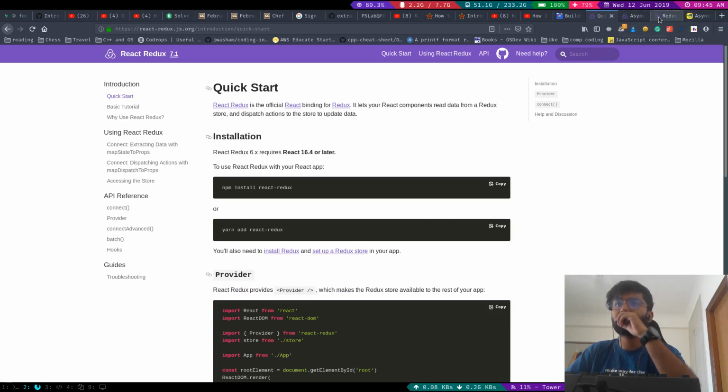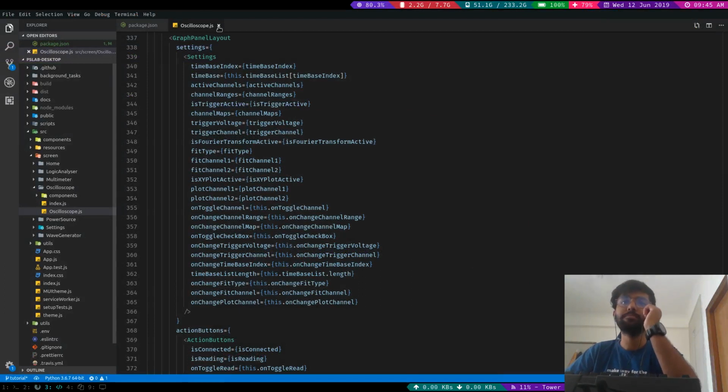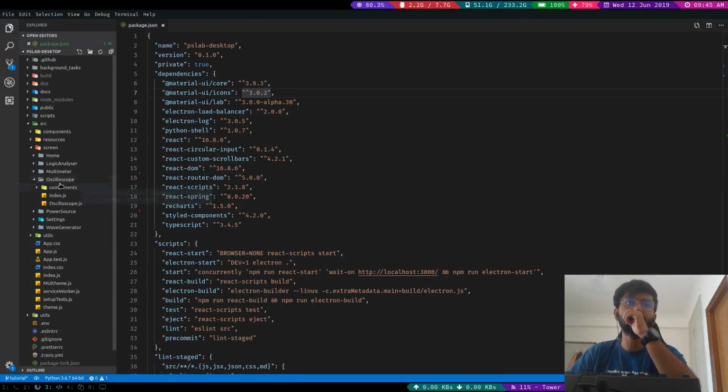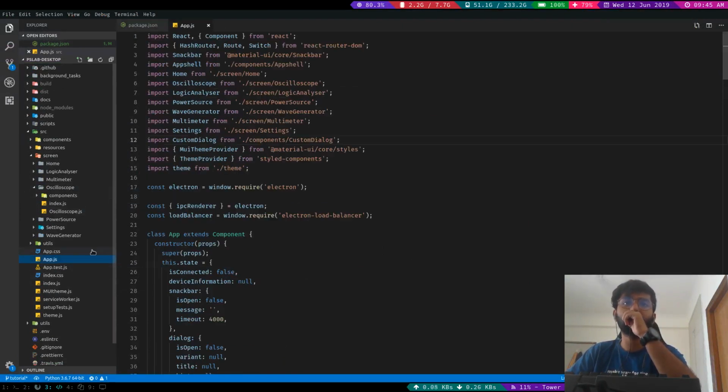The other thing that I was talking about is asynchronous actions, and we can skip that because that's kind of advanced stuff, so you don't need to know about that right now. So let me first show you the current status of the app. The file to which I'll be making changes is the app.js file,